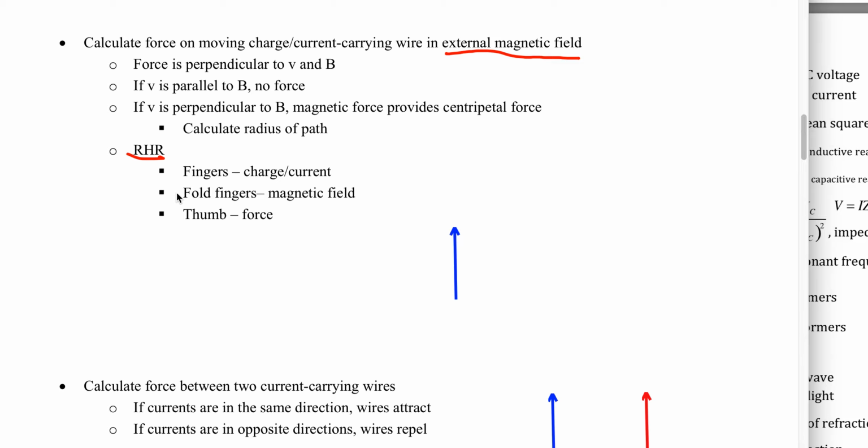So the right-hand rule tells us to put your fingers in the direction that the positive charge is moving, or the current. So let's say we just have a current that's going up. So your fingers are going up. And let's say that there is a magnetic field going to the left here. So what you're going to do with those fingers that were up, your thumb is again pointing right at you,